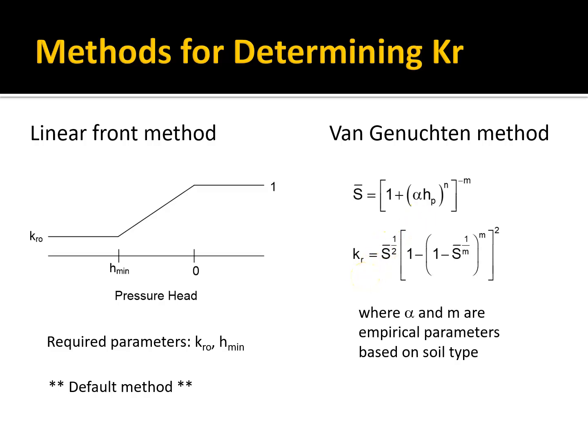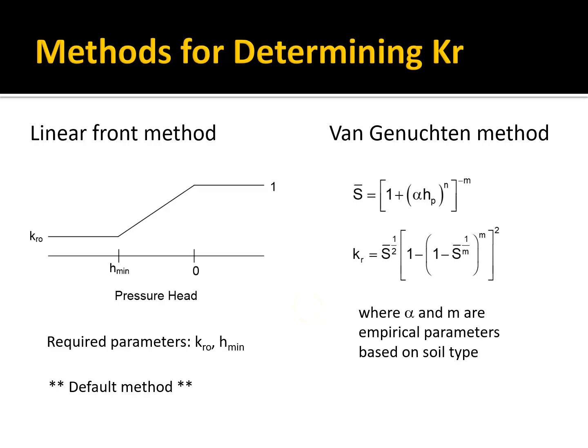So the alpha and m are constants, and the variable here is h sub p, which is negative, and that gives you a relative hydraulic conductivity between 0 and 1. And it's a nonlinear relationship. It's kind of complicated. It's more accurate, but what we generally use is a simplified version called the linear front